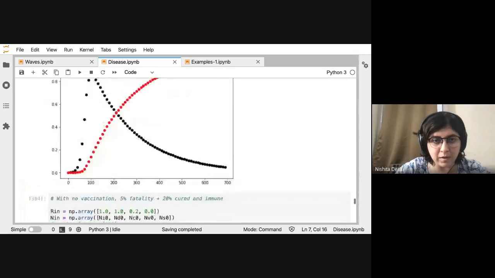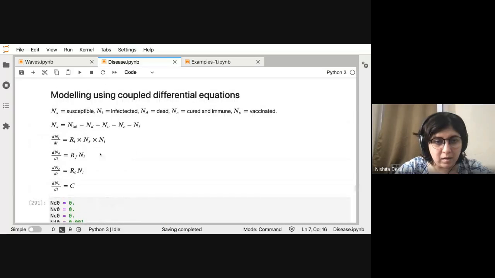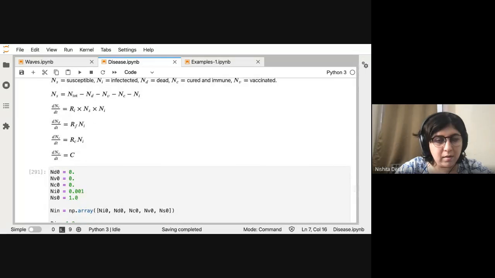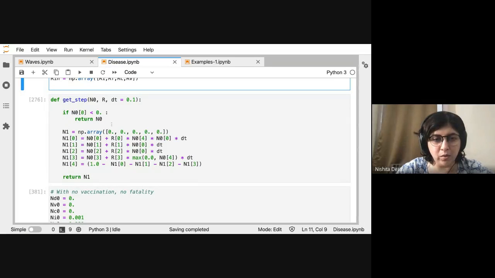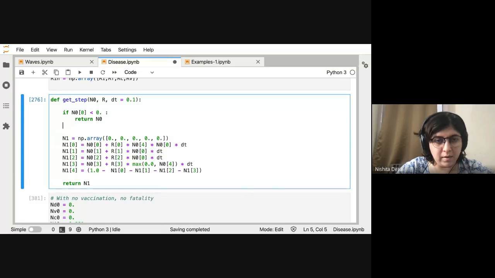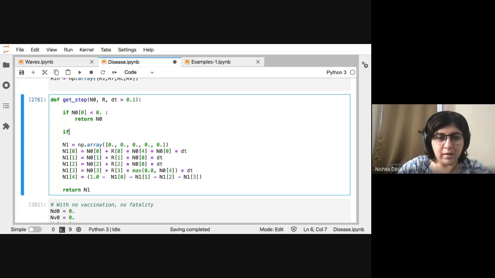Let's see if we can figure out what's happening here. I think we just need to put a condition here that says if n equal to n.